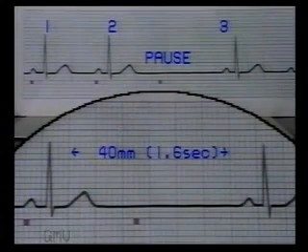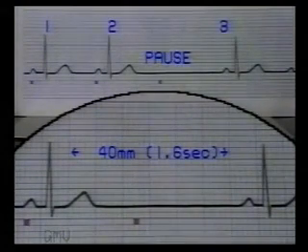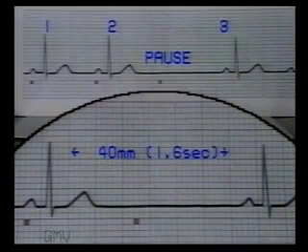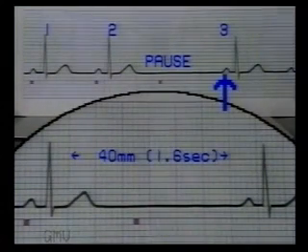In this tracing, once again we see a pause following a normal beat number 2. Now measure the RR interval, and it is 40 millimeters or 1.6 seconds. If the sinus pause is longer than 1.5 seconds, then it is termed sinus arrest. This is sinus arrest. When sinus arrest occurs, the SA node may recover and resume the function again, as has occurred in this case after 1.6 seconds, or if it doesn't,